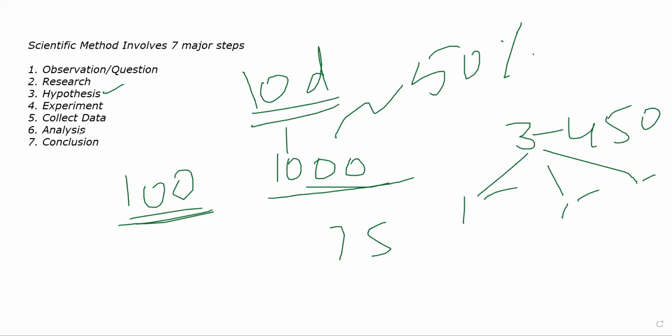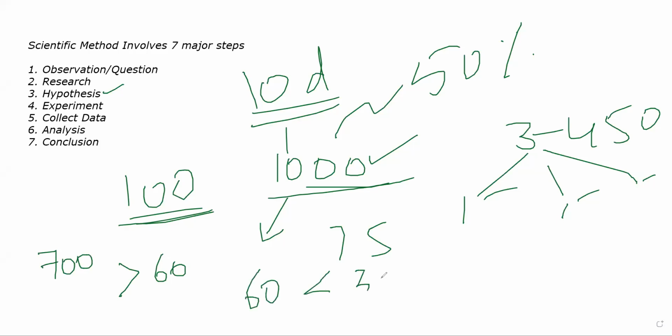You initially hypothesize that, as a researcher, I think there should be more old people in this 1000 compared to young. You perform an experiment wherein you go to each and every patient, you write down their age, you write down their gender. Here the main criteria will be age. So let's suppose you define elderly as over the age of 60. Over the age of 60, there were around 700 patients, and under the age of 60, there were 300 patients.